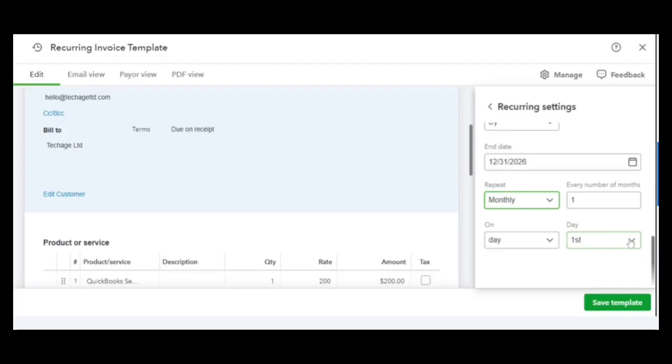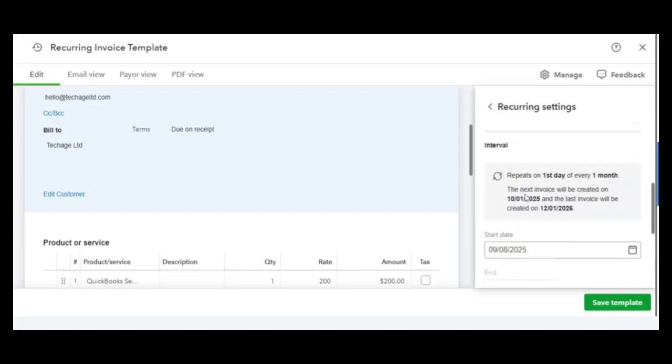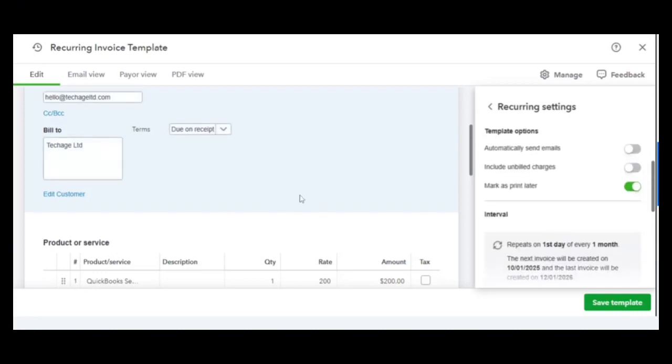That is our policy. It ends on 31st December 2026, which means that the last invoice that will be sent will be on 1st December 2026. Prior to the date for the next invoice, it will create an invoice saved